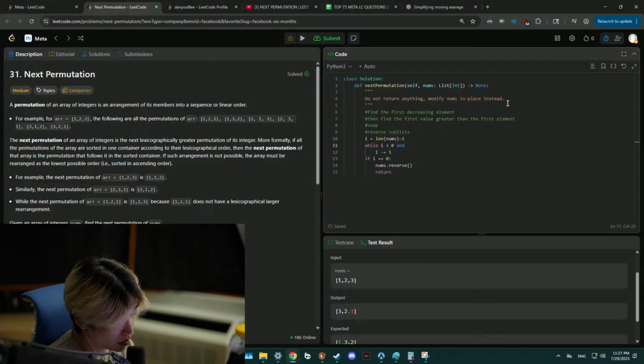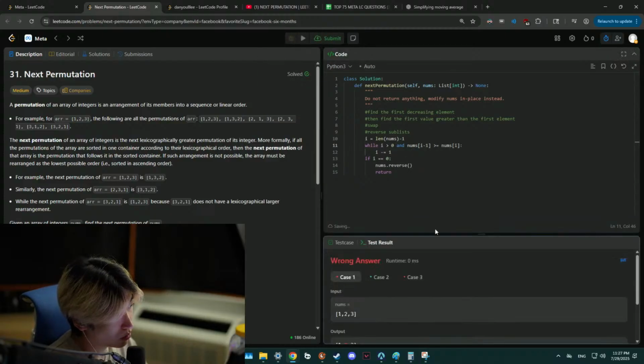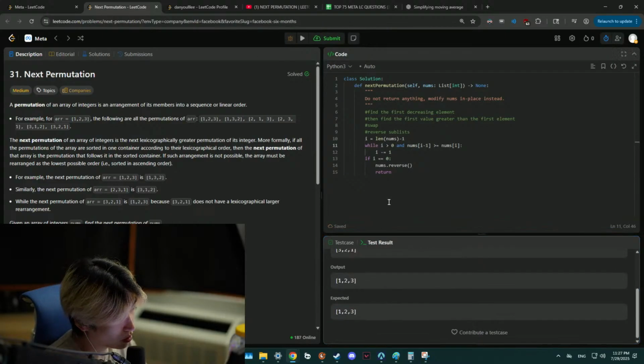If it's 8, 8 or 8, 9, that doesn't work. So that means nums of i minus 1 is greater than or equal to nums of i. And this would actually work. That's the reason why this works. And then I guess the logic behind that is once we find that, we're actually at